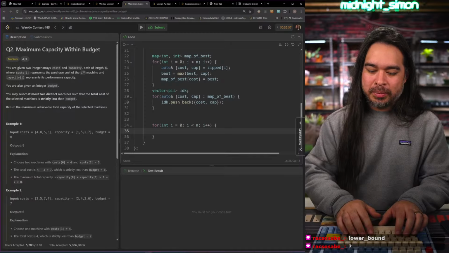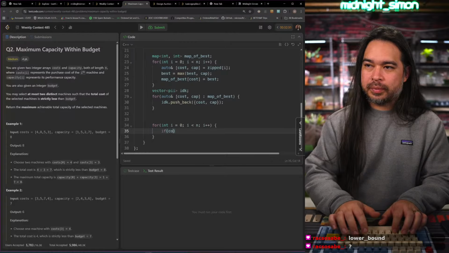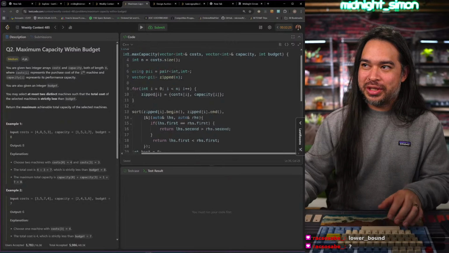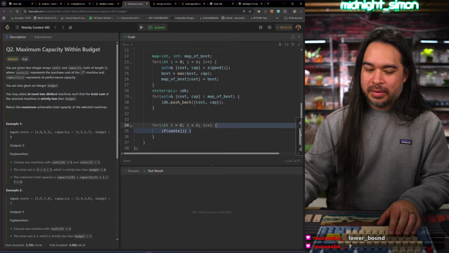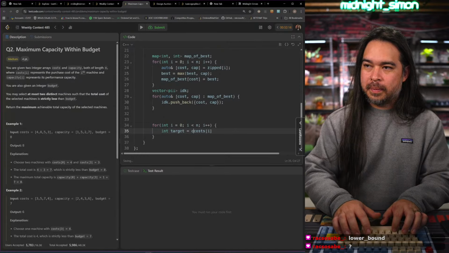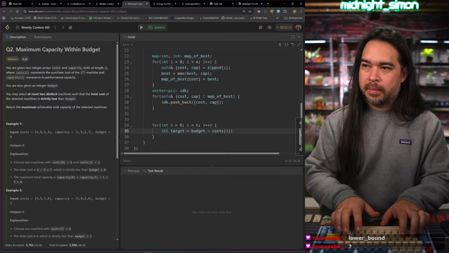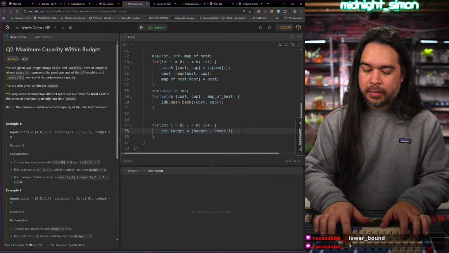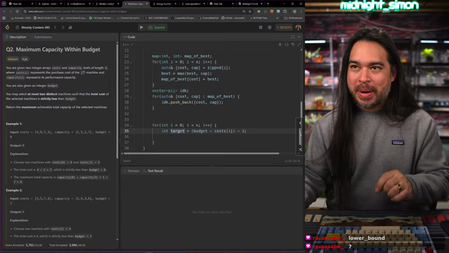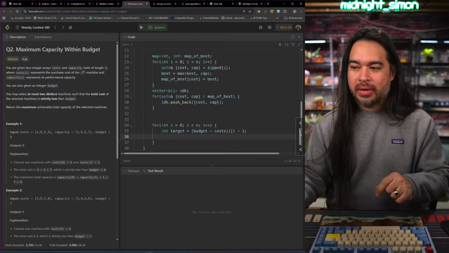I don't even remember what I'm doing, man. So, all right. So now I'm going to iterate through, check the cost if it's within budget. So that's our target that we're looking for. And then we're trying to find the highest capacity for this cost. So I'll use